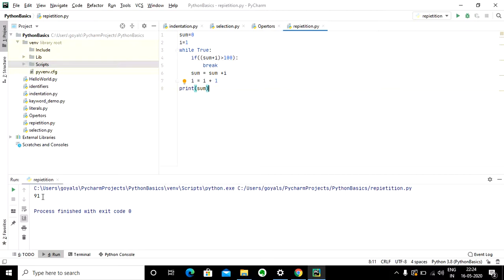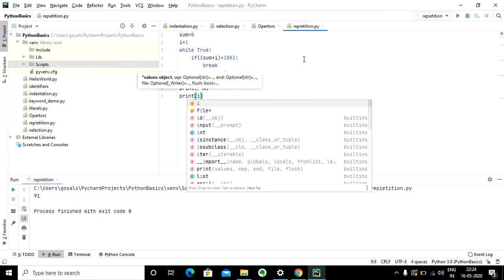Now, what was the number that, if it would have been added, would have made the sum exceed 100? We can also find that. I'm printing i.